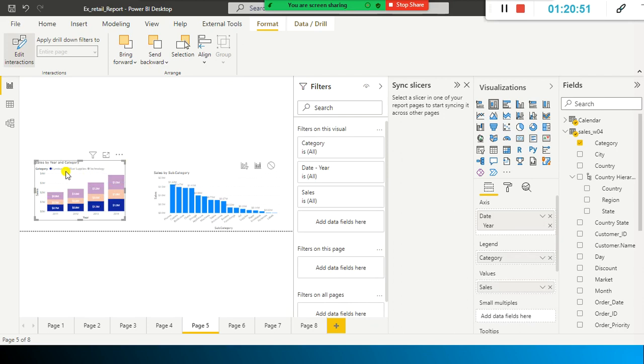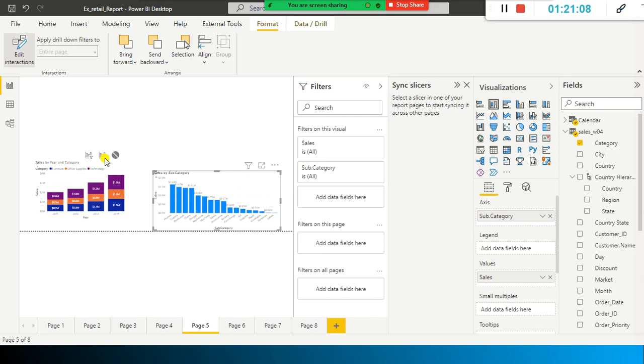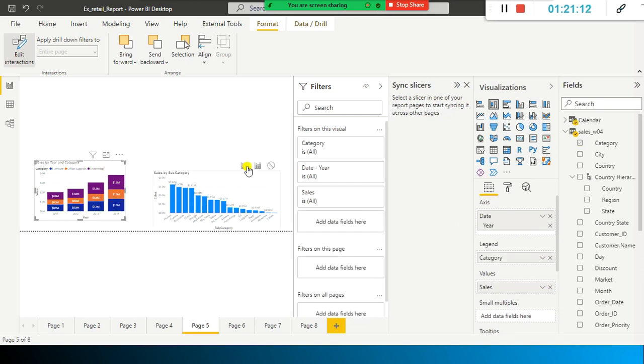As soon as you click edit interactions, you can find these 3 icons above your visuals. If I select this visual, you can find these 3 icons just above the visuals.